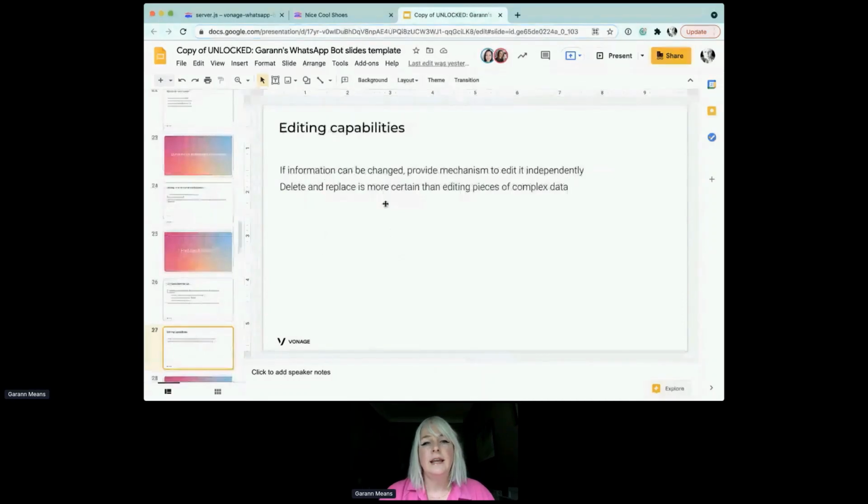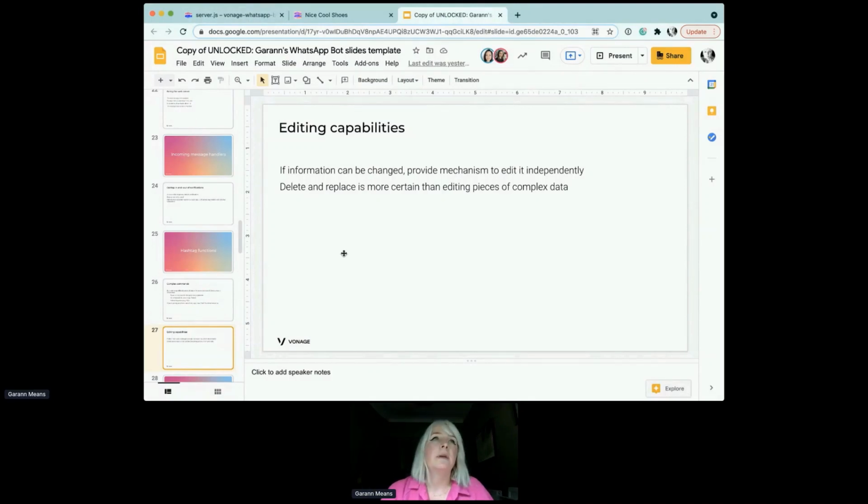Editing capabilities are a little bit tricky with these things, because anytime you have a confirmation of something that you want to happen, or the ability to say what you want to edit and then edit it, you're talking about steps, a stateful process that you need to go through, and where possible, it's easier to avoid that. So you probably want to be able to edit things independently, and that's why this code makes the choice to